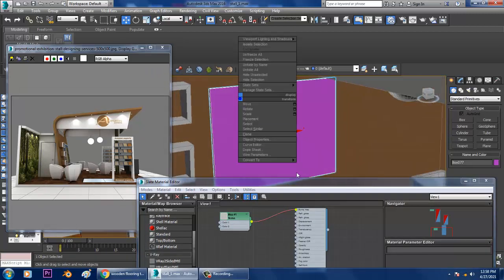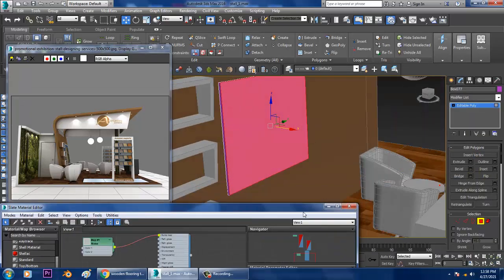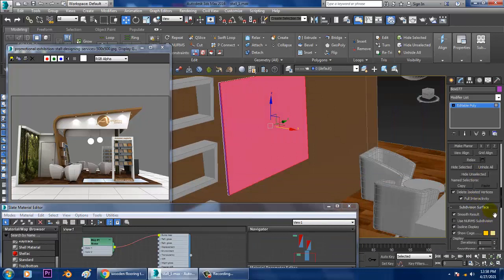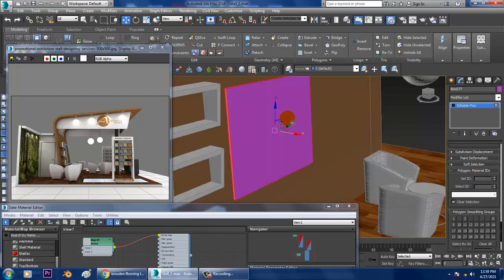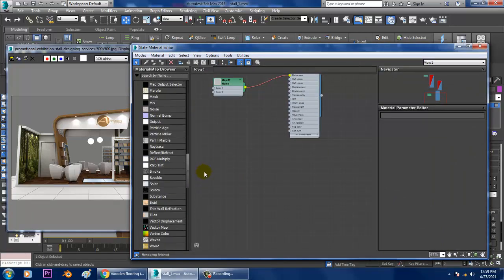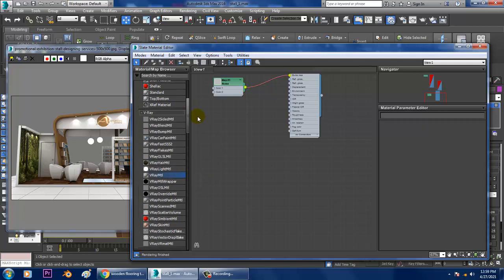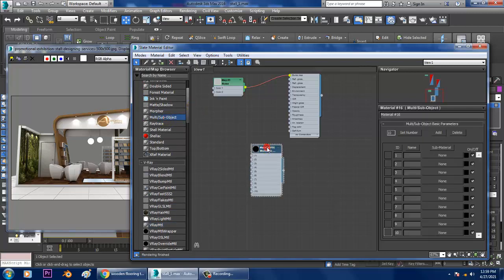So for example, I'll convert this to editable poly. I'll assign this ID as 2. Control I, inverse selection, and I'll set the ID as 3 over here. So now if I go over here, I can add a multi-sub object, that is possible.